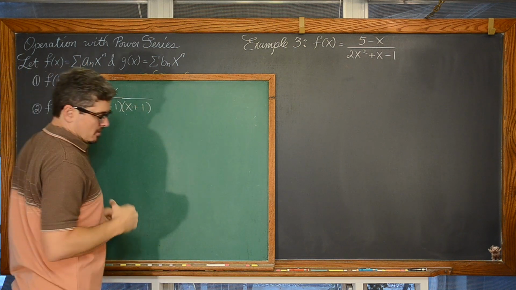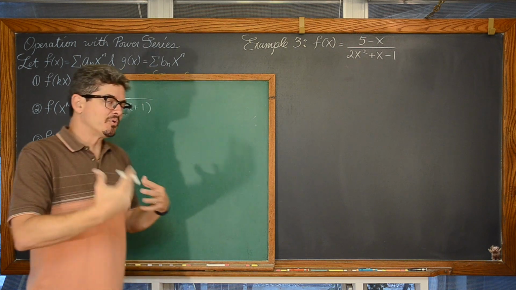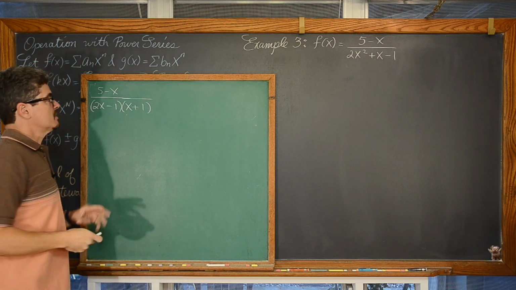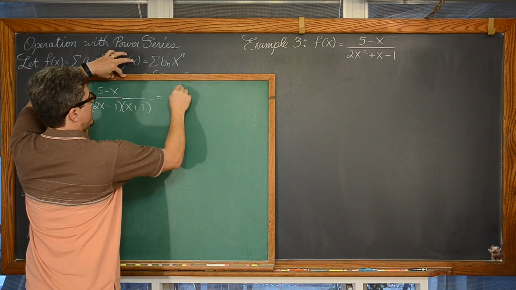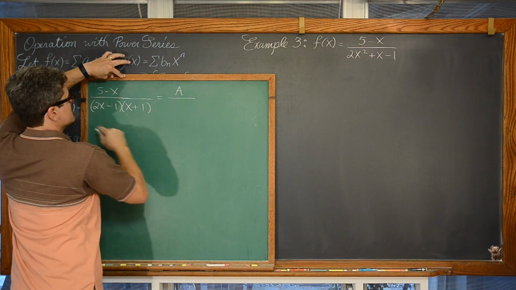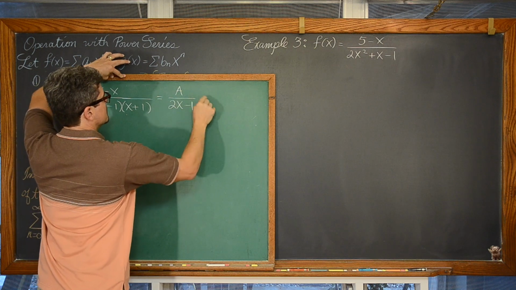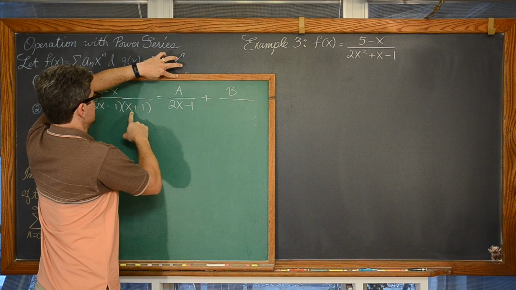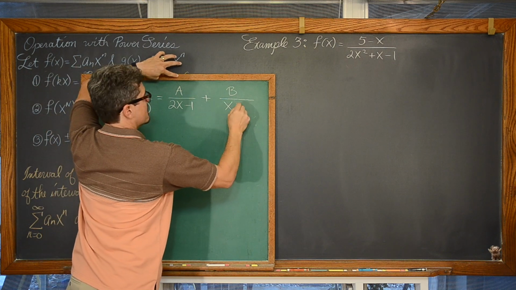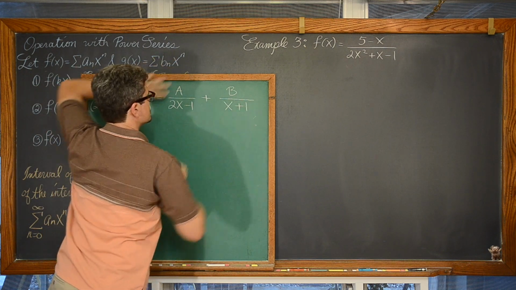We want to pull this apart into two separate fractions, so we have those constants in the numerator. So we're looking at this as the sum of a over 2x minus 1 and b over x plus 1. Little partial fractions practice. Learned this in pre-calculus, and we've already used it in our calculus class through the year.